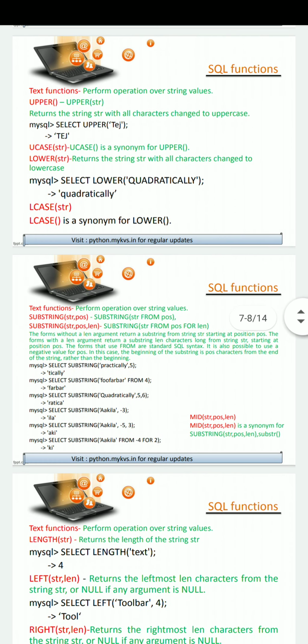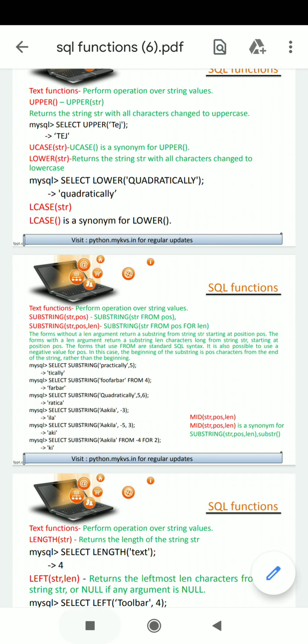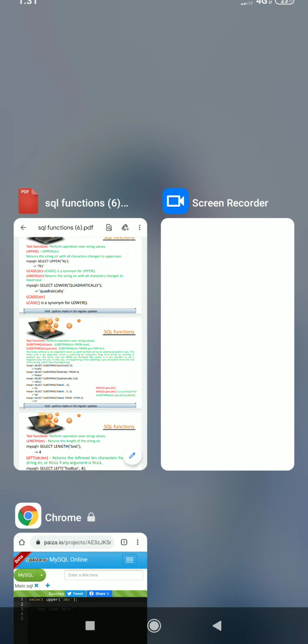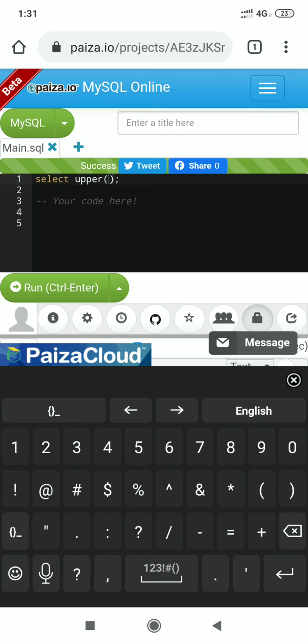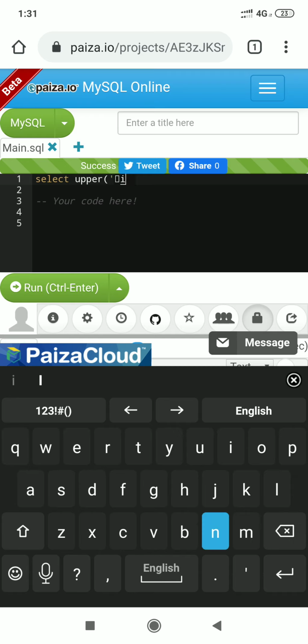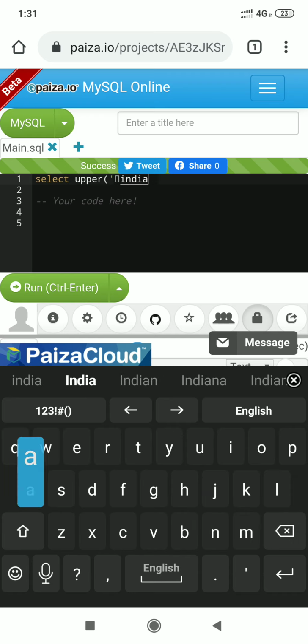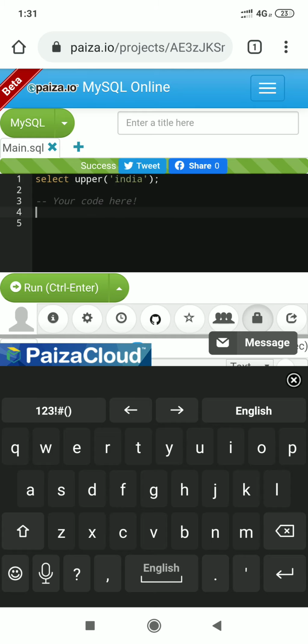Students, we do it practically. Here we are applying the same function. I am writing any string in small case, like India in small case. Now I execute this statement.